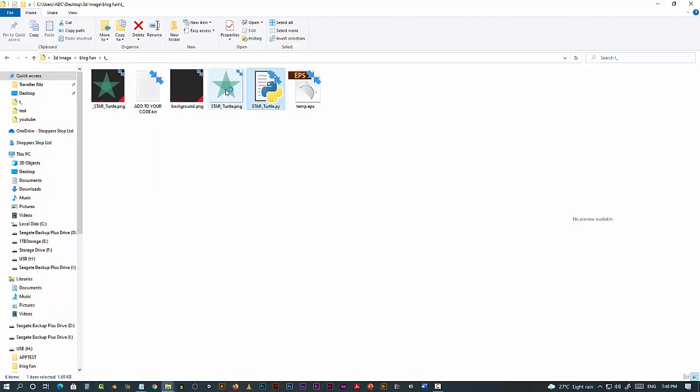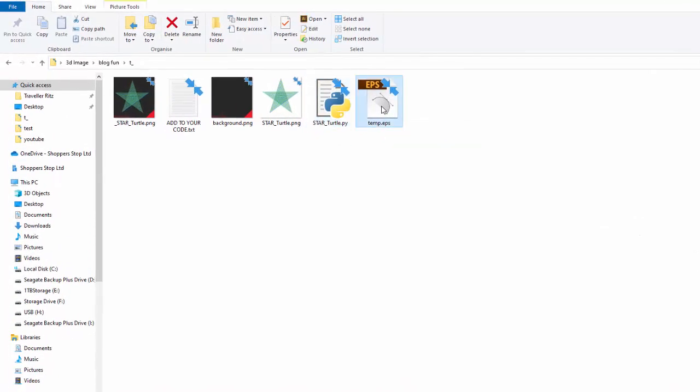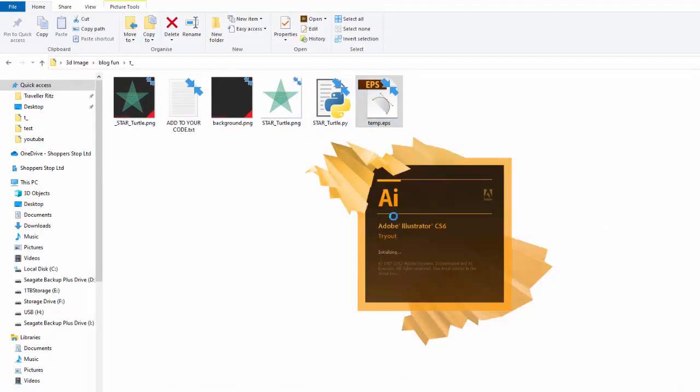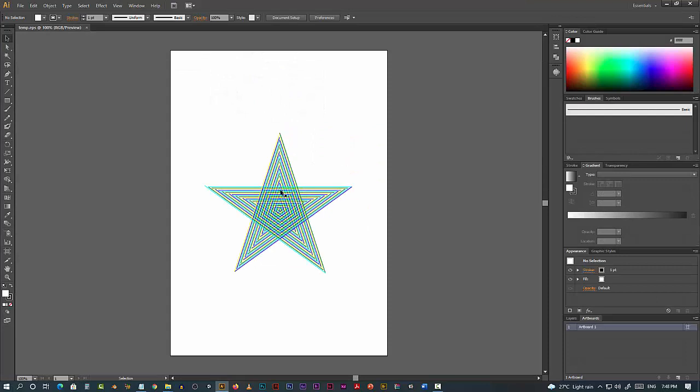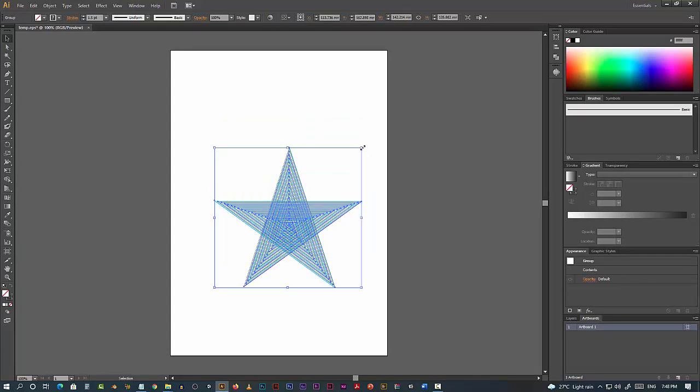Now you can see there are, what is EPS? EPS is a vector format file. So if I open this, it's going to open in Adobe Illustrator. So it creates a vector. It will first create a vector image. See, it's all vector. You get a nice vector file.